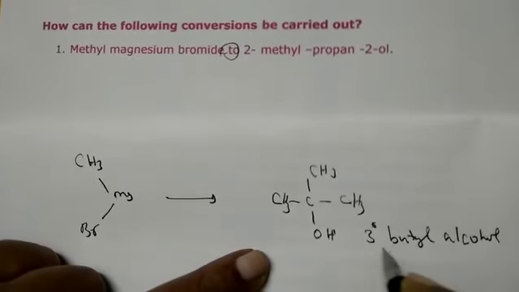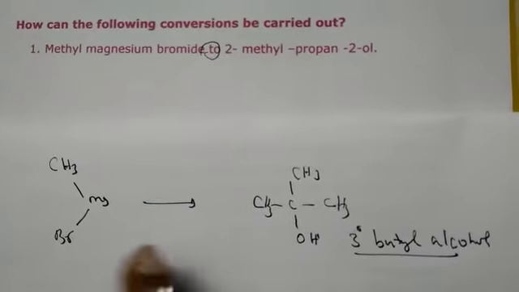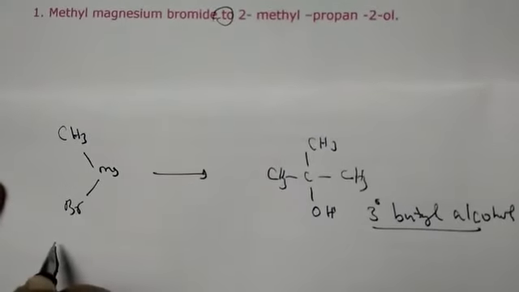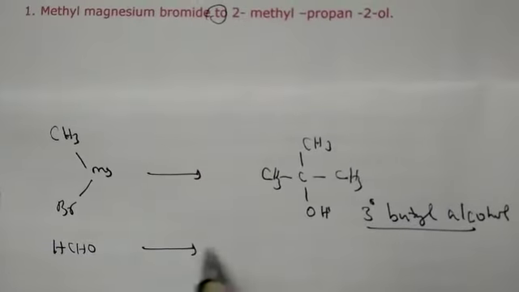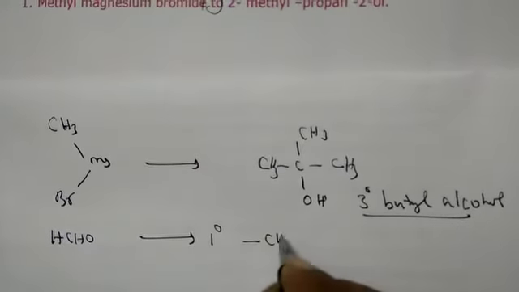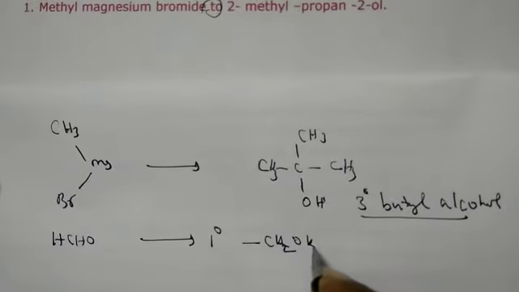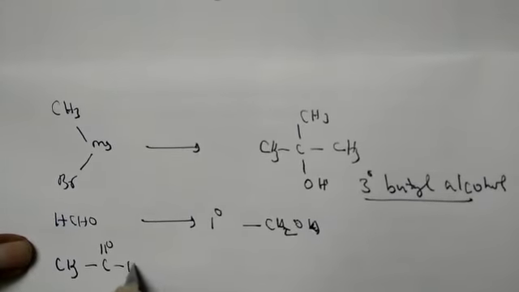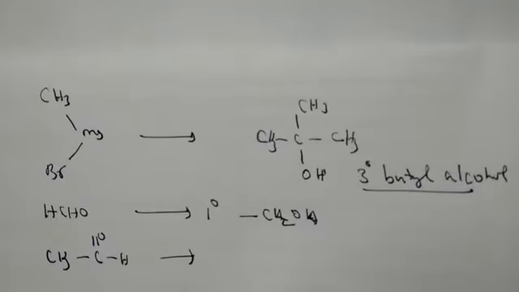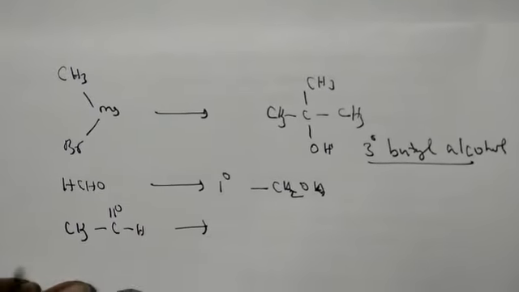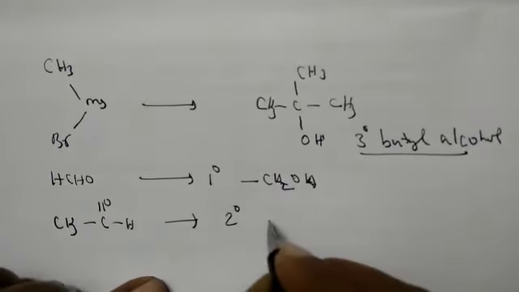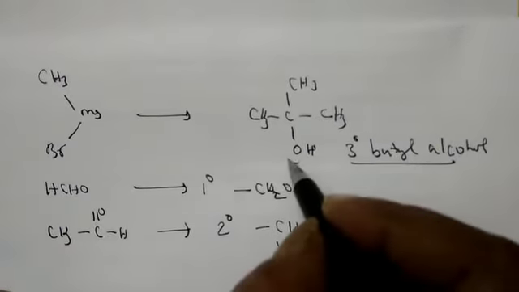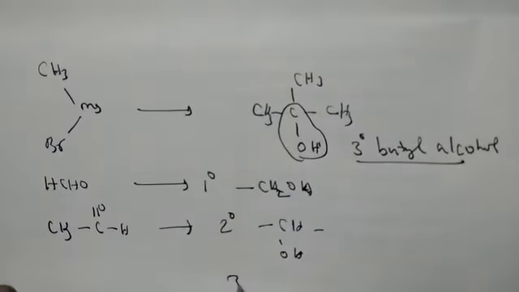So first our knowledge is we have to focus on conversion of Grignard into tertiary butyl alcohol. From the Grignard, if you are using formaldehyde, we will get primary alcohol, that is the functional group CH2OH. If you are using acetaldehyde, that is called ethanal. In CBSE board, you have to focus on the IUPAC name. If you are starting with ethanal, it will end with the secondary alcohol, that is the functional group like this. Since here it ends with a tertiary alcohol,